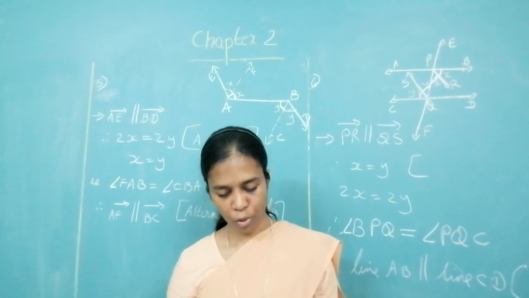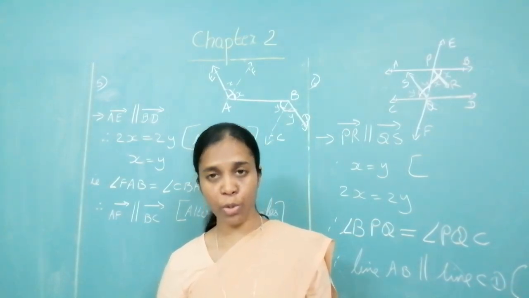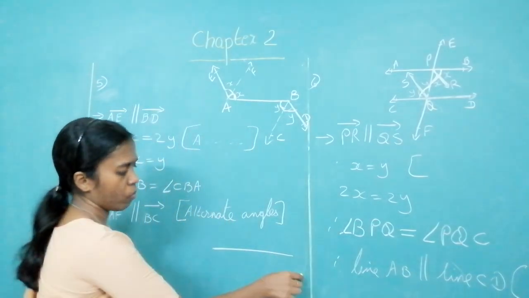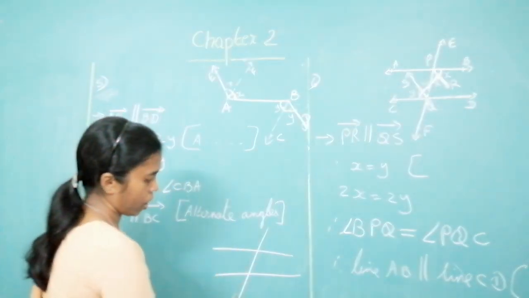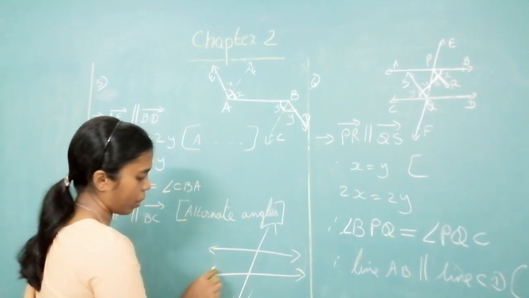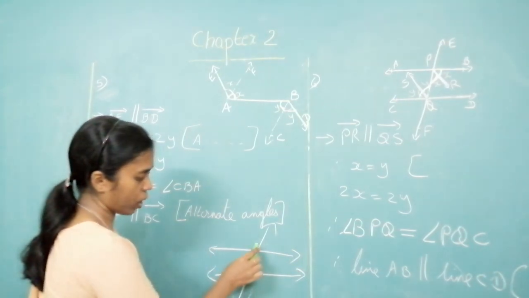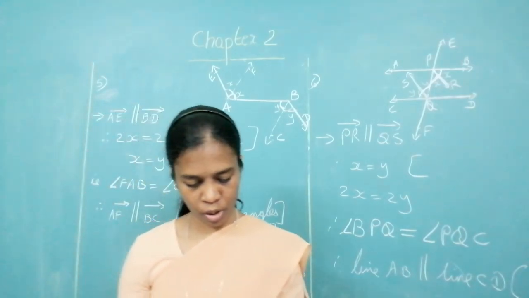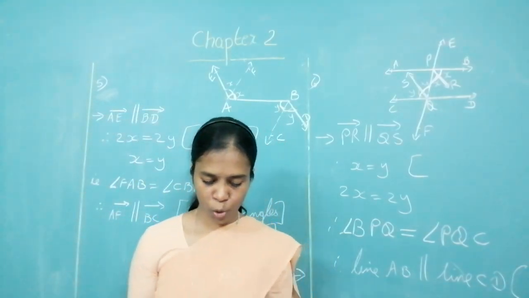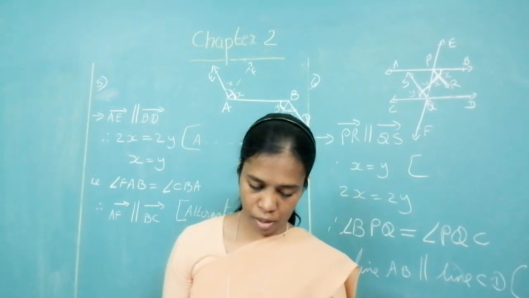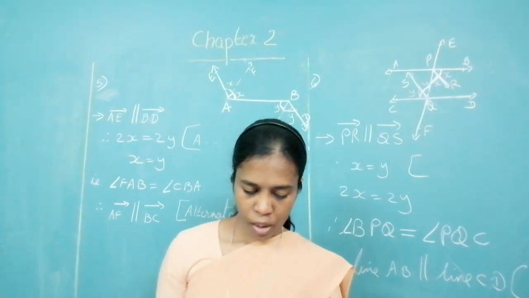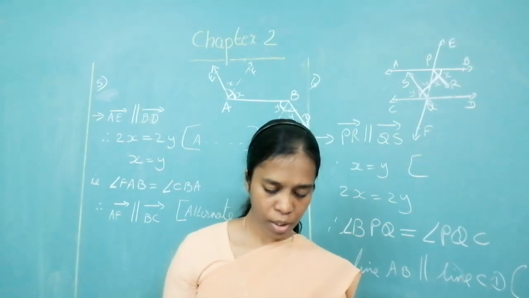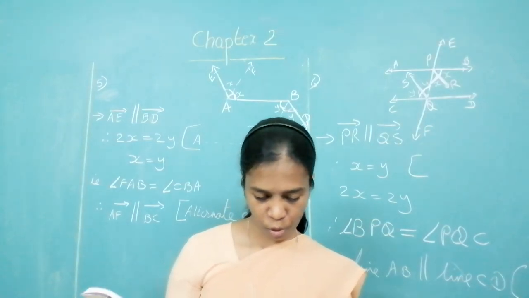The number of angles formed by a transversal of two lines. That is, suppose you have two lines and a transversal. How many angles are formed? 1, 2, 3, 4, 5, 6, 7, 8. 8 angles are formed. A transversal intersects two parallel lines. Lines are parallel. If the measure of the angle is 40, then the corresponding angles are congruent. Then the other one also will be 40.